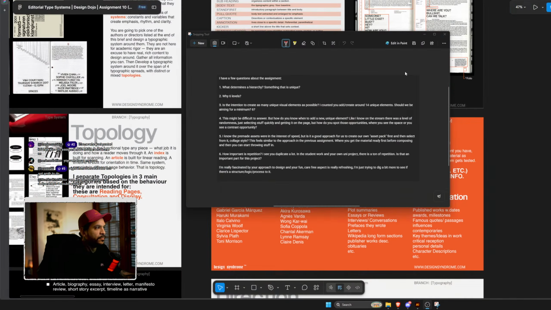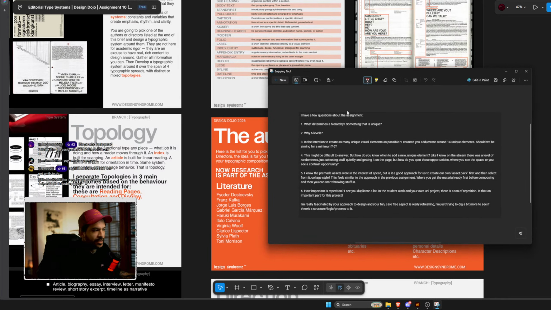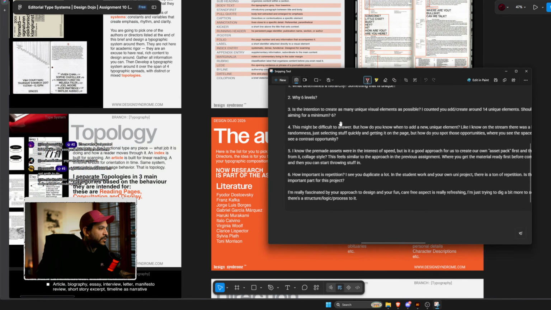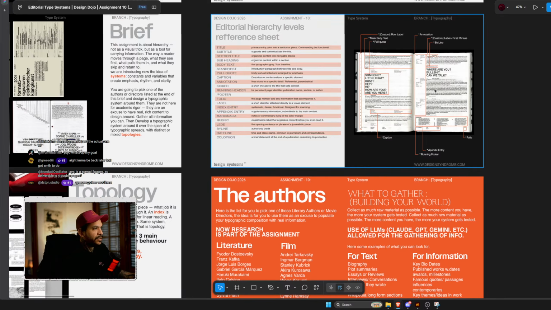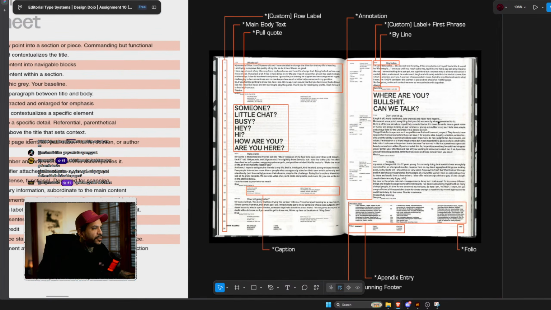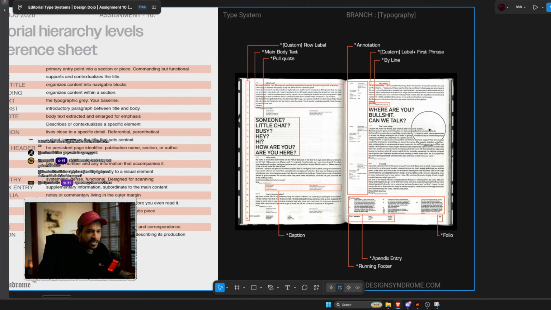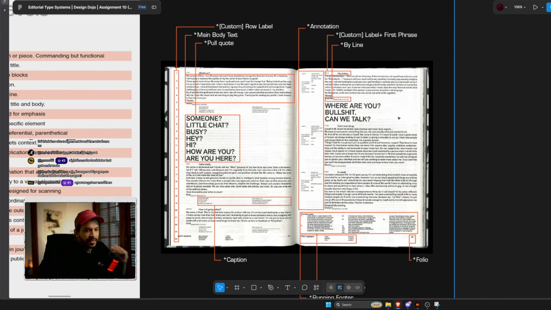So my guy was asking, what determines a hierarchy, something that is unique? You need to think about it like this. This is a much more compartmentalized and clear hierarchy structure. Everything is self-contained and orderly, let's say.